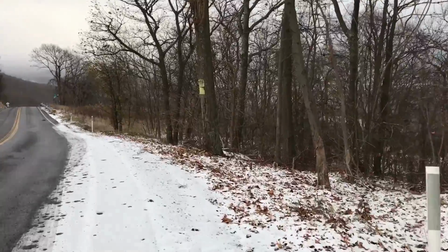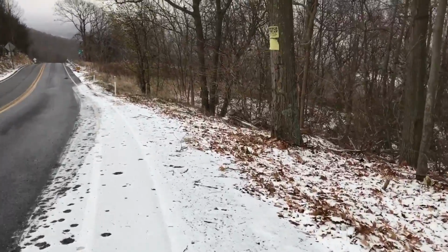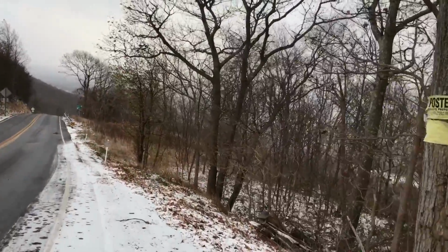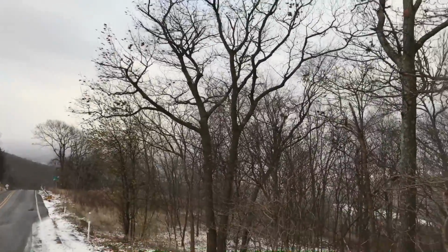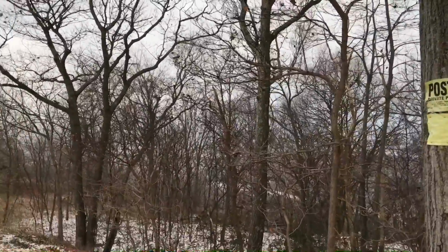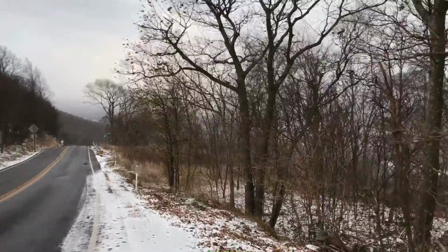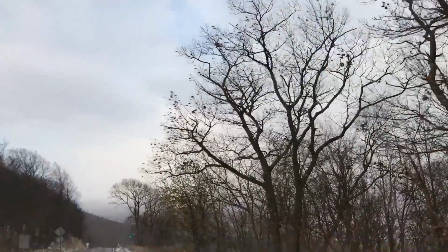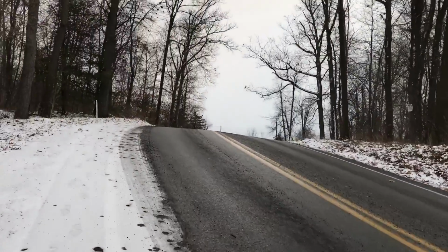And if you can tell, it's already extremely windy. So as you can see, very windy on this side. Gusts, I'm guessing the gusts are probably close to 40 some miles an hour like they were last night. Really windy. So if you have to go over the mountain, please travel safe,